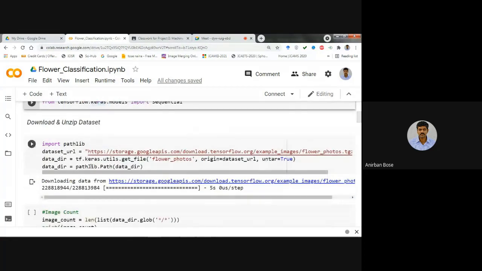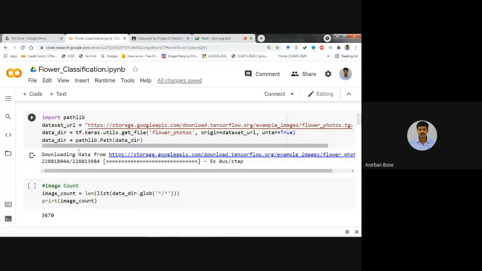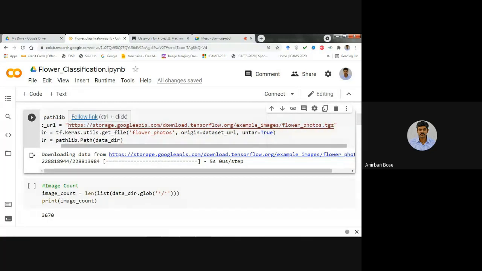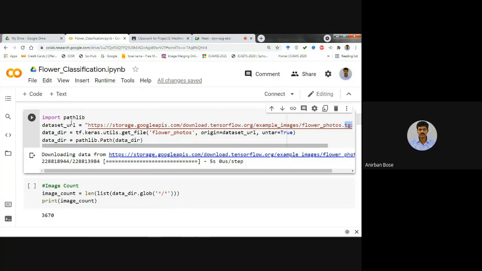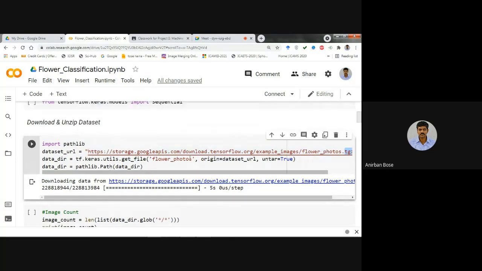Let us first see that from the Keras dataset, we have taken this flower photos data, and the extension means it's a zip file. So first of all, from this particular URL, we are going to download this zip file, and for that we are importing pathlib.